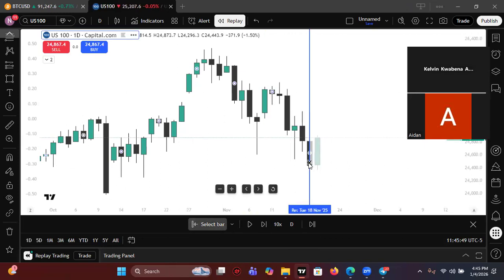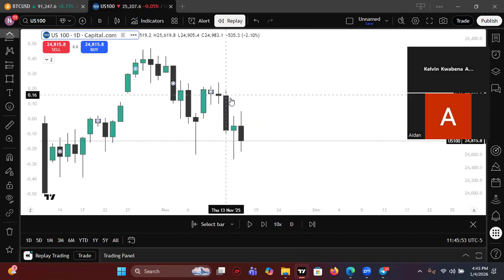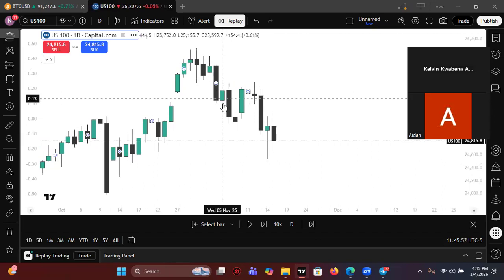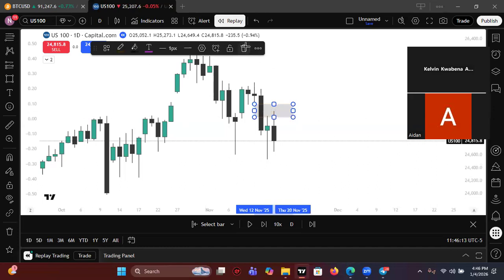So maybe there was some kind of SMT over here that respected this bearish PDRA. You can clearly see that here the market is disrespecting these bullish PDRAs, right? And the market printed a bearish PDRA. Maybe there might be some SMT over here that is supporting price to go down. And we can clearly see that price is reacting off this FVG, and then it's giving us a C2 closure,